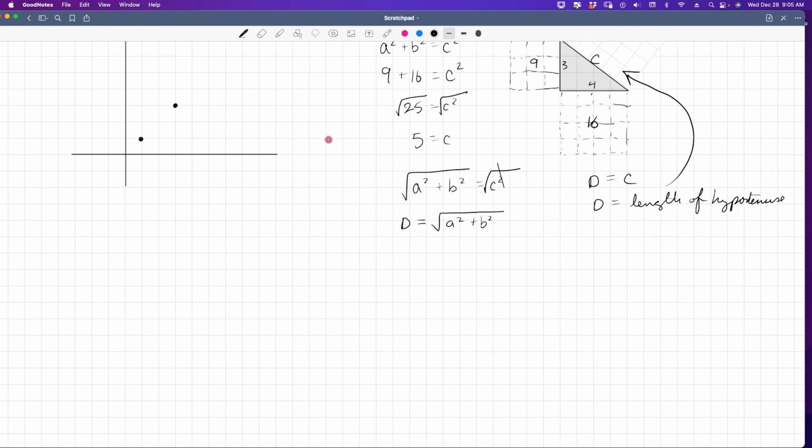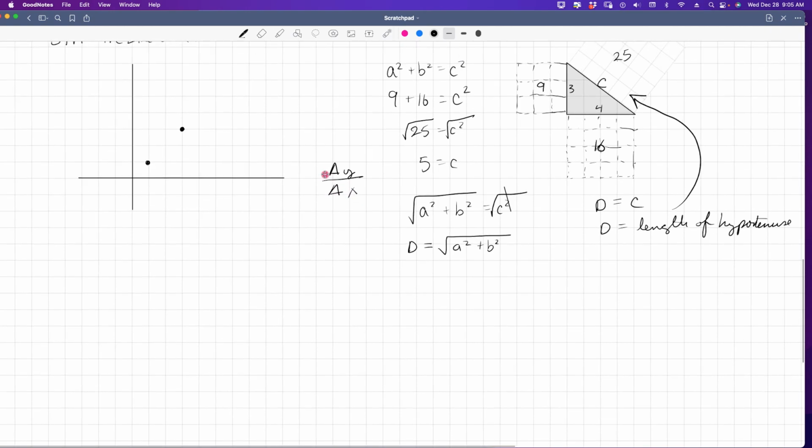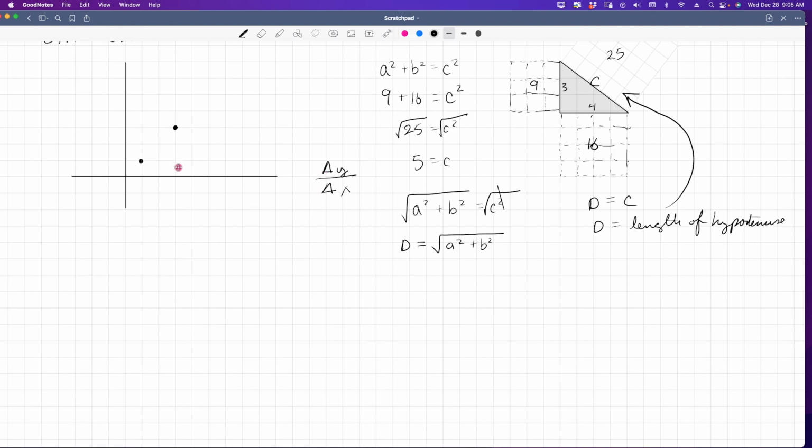We said the change, I'm using the delta from our previous lesson, the change in y over the change in x. What is the change in y? The change in y is the rise or the sink between the 2 points that we are talking about. Now, typically, we've been talking about the y-intercept versus what the other points on the line happen to be. That's our angle of descent or our angle of ascent. But we can also use it in relation to Pythagoras' theorem when we look at 2 points on a line